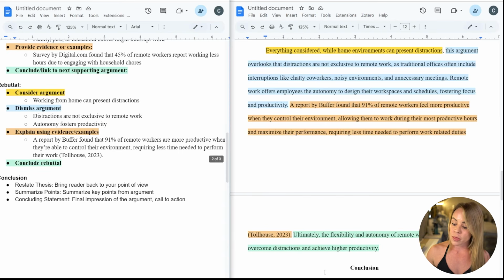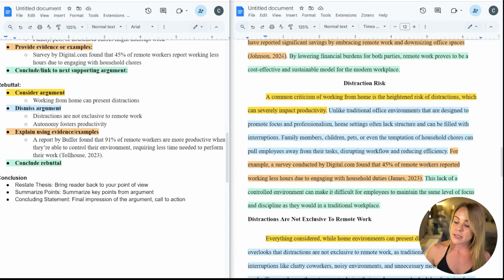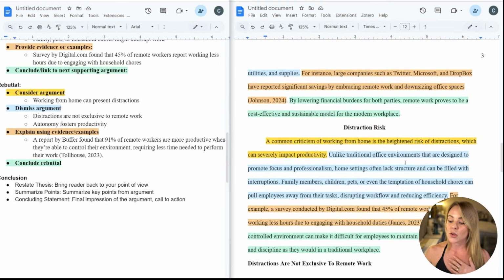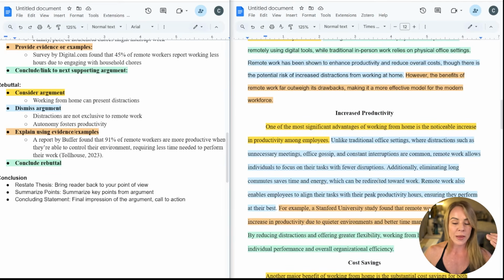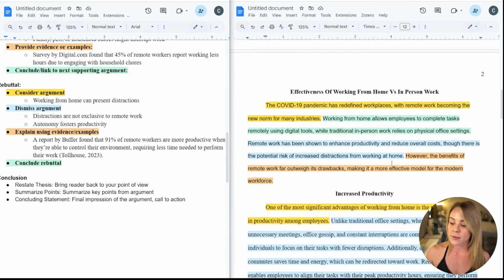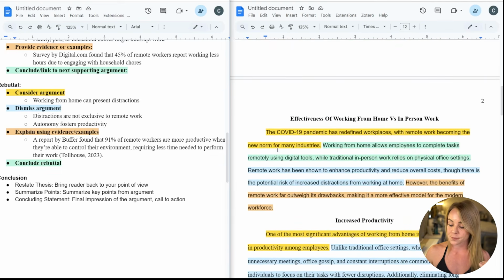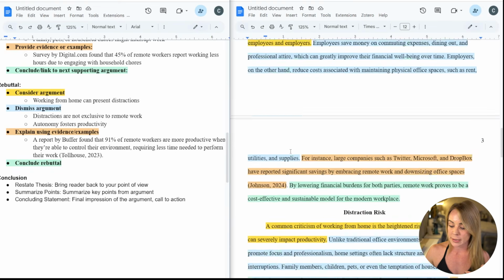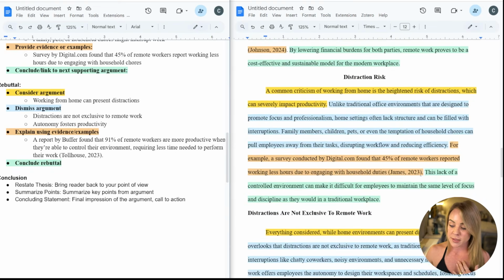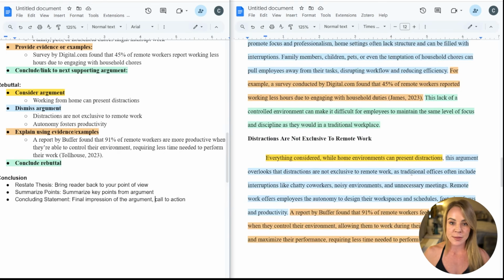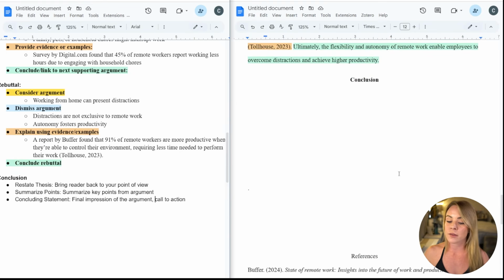So note how this essentially dismisses what was going to be used as the counter argument to the argument we're trying to make. And so now that we have our entire argument outlined, we have introduced it, we've included our two supporting details. We've included a counter to our supports. We then included a rebuttal to that counter. Now we're good to go ahead and wrap up and conclude this paper.